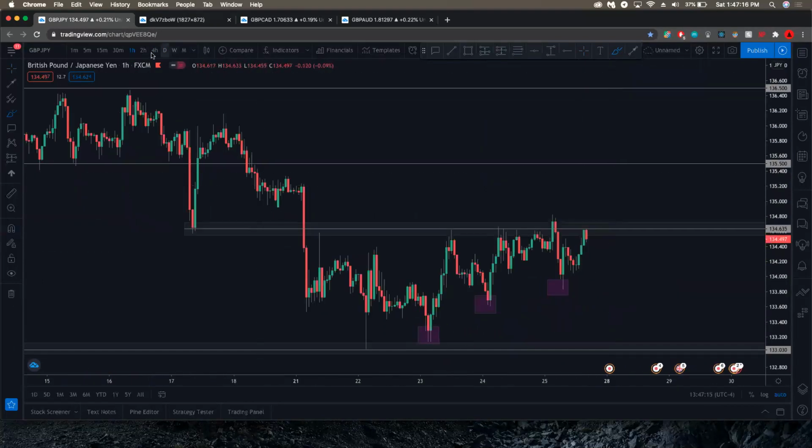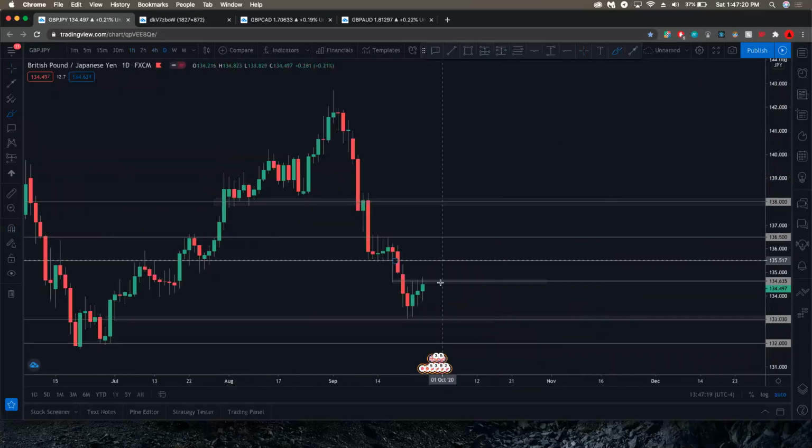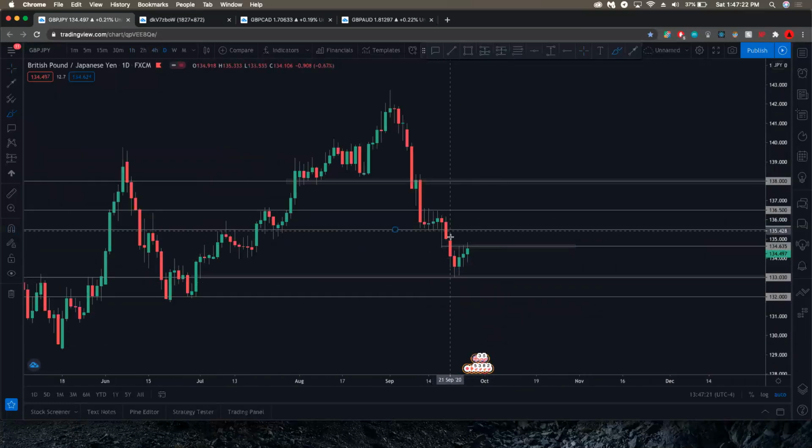In case, as we can see, daily is like this. A daily can see how past daily went and then it broke down. So it's also possible that we do see a bearish leg here. If we can break above this, then we can see a bearish leg down. But it's also possible that we go up to this area. You see this 135 area here, go up